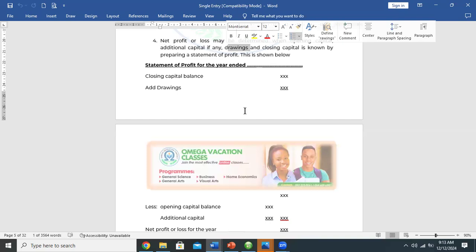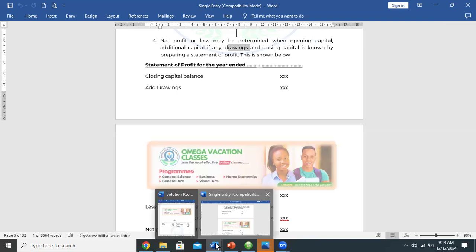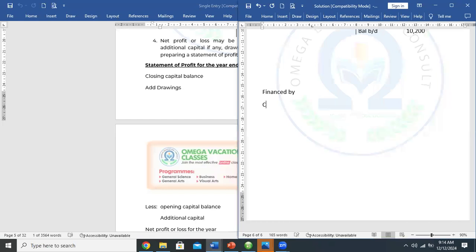Now, before we come to the formats, let me do this with all of us so we'll appreciate. If you are preparing a balance sheet and you get to the financed by section, dear professors, this is what you do. You bring your capital first. And actually that capital you bring first is your opening capital, just that we don't label it like that in our balance sheet. We just write capital. Then what do you do? You add your net profit